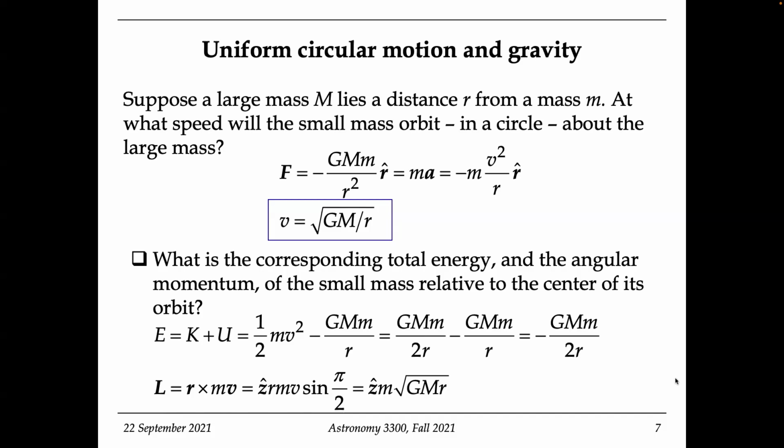Mars is up here. 1 over r doesn't go down. 1 over r goes to infinity, right? Or it's negative; this is minus infinity, because the gravitational potential energy, U, is negative. These are bound states. And by the time I get all the way up to here towards 0,